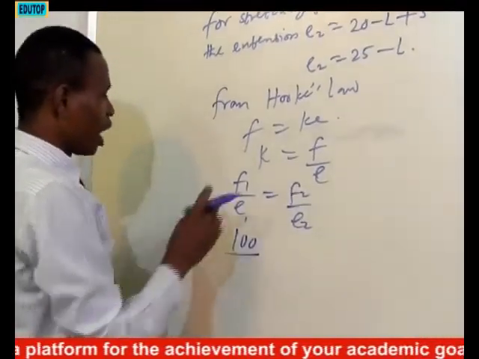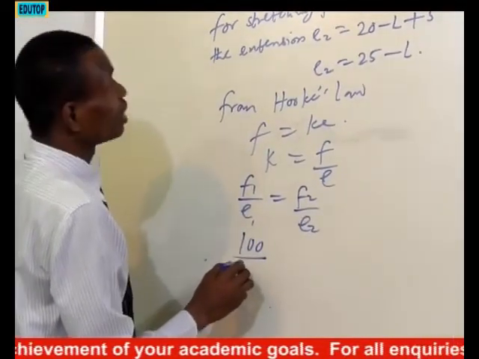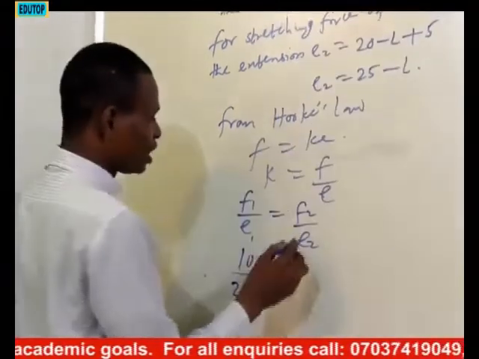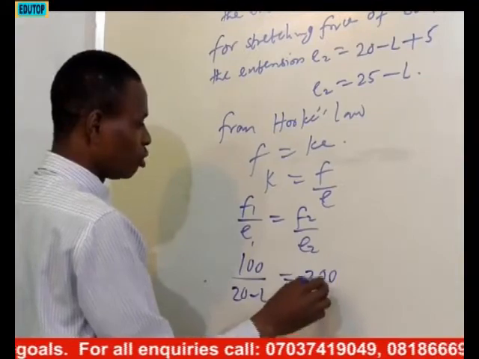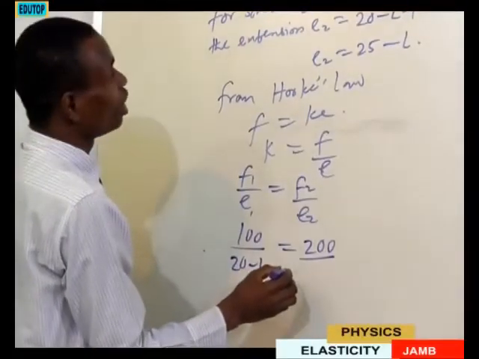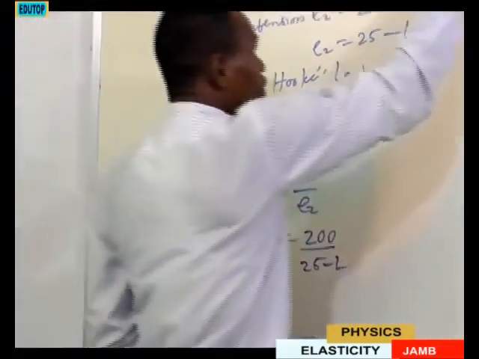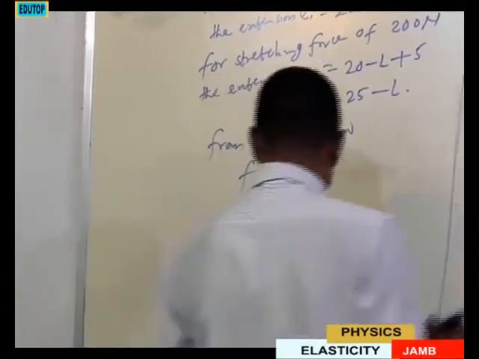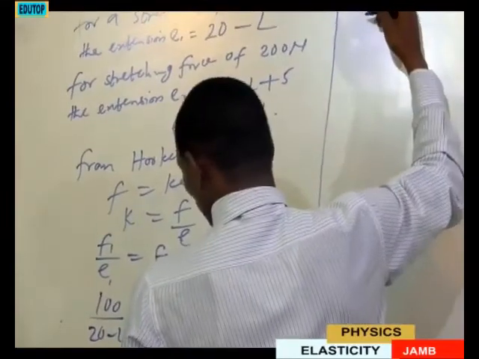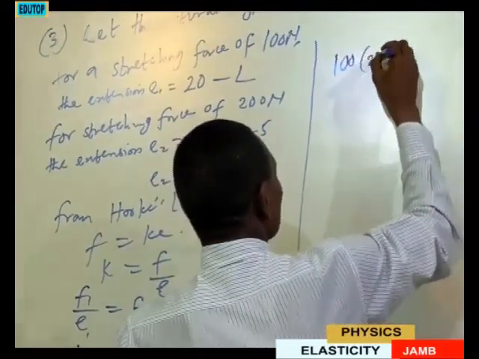Our extension E1 is 20 minus L. For F2, additional force 200. We are going to have for extension, it's going to be 25 minus L. So if you are to solve this mathematically, rather, we are going to have 100 into 25 minus